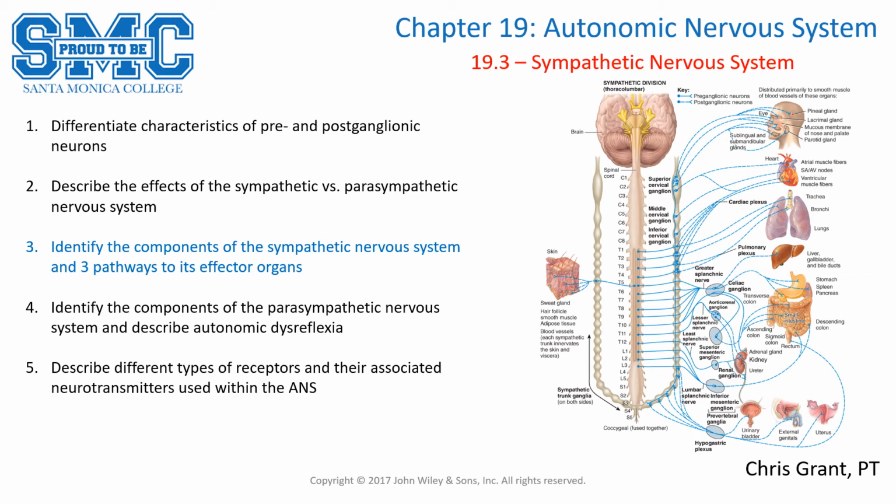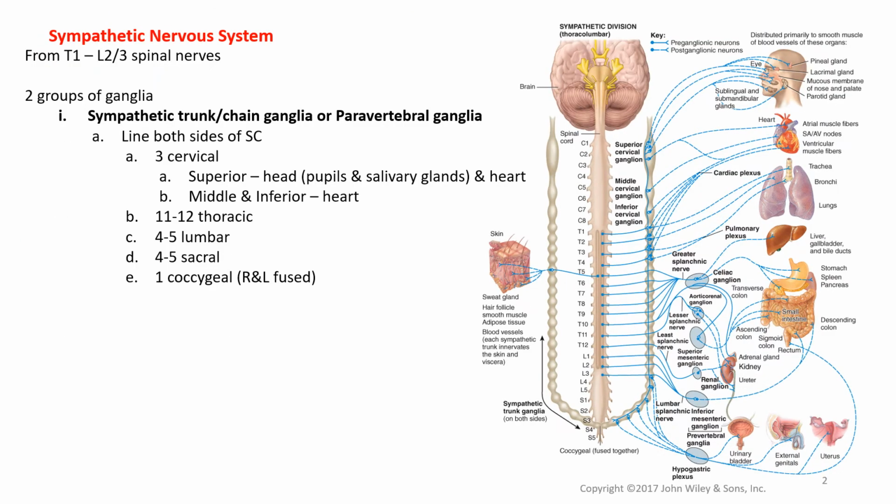In this section, we're going to take a deeper dive into the sympathetic nervous system and its three different pathways. So if we look at the sympathetic nervous system, you'll recall that it has its preganglionic neurons leaving the spinal cord from T1 down to L2, or sometimes L3. And when they do that, the first option that they're going to come out to